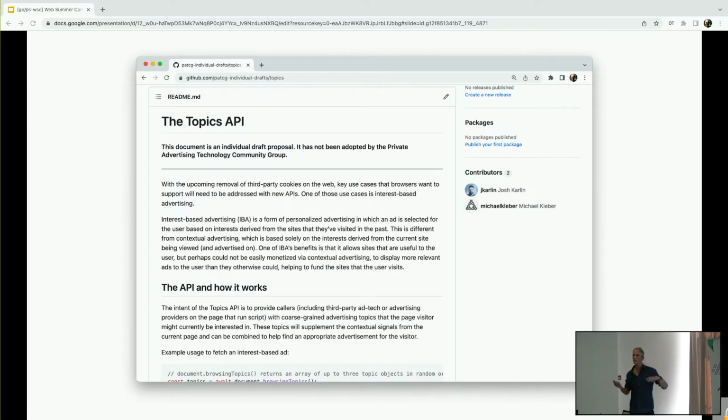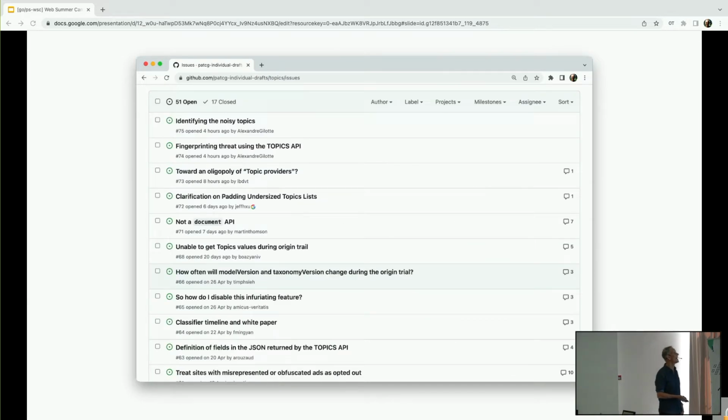Now, once we get to a point where we're pretty confident that this is ready for public consumption, then it's published to GitHub, like the example here. So that Google Doc becomes a proposal on GitHub, and that's now open for public comment. And you can see immediately we start to get people posting issues.